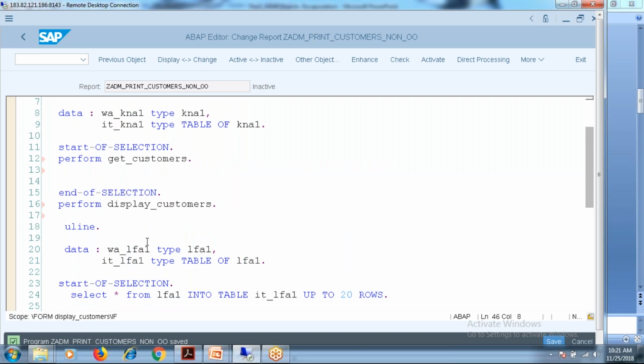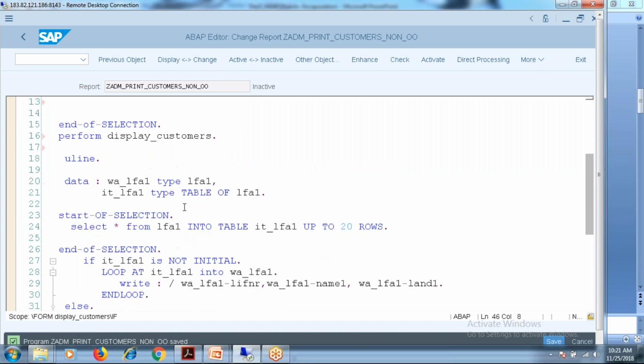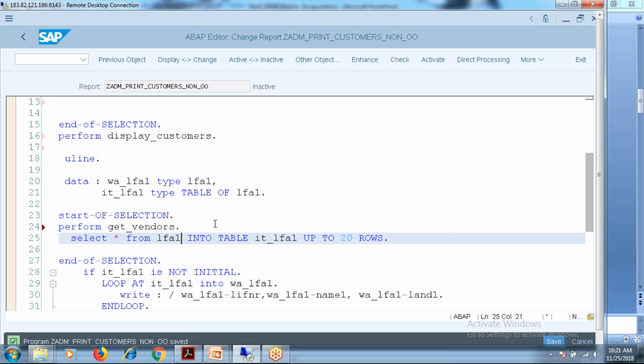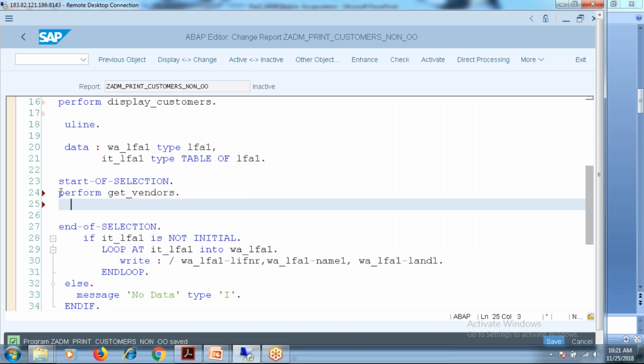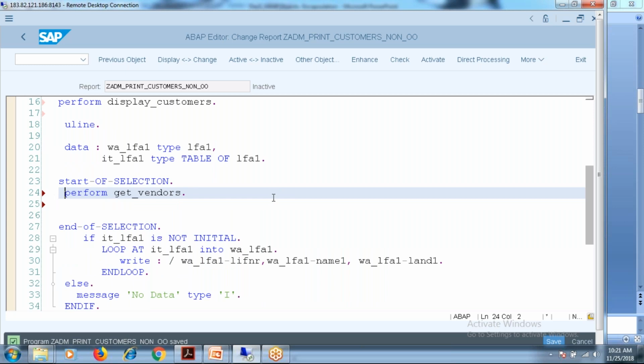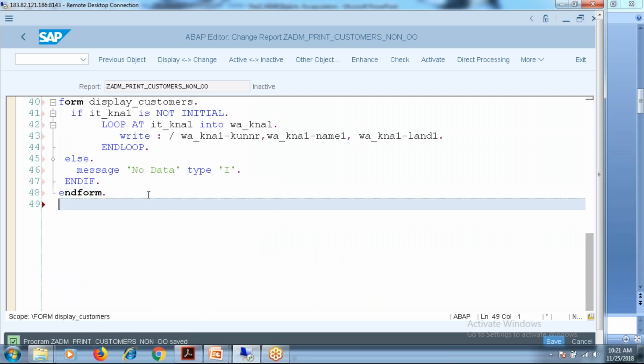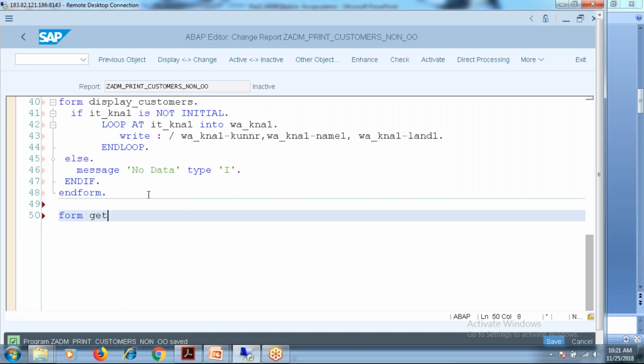Similarly, these things. Yes, this is the perform get vendors. Perform get vendors. Definitely, if you write this way of programming, we don't need to really depend on the object oriented at some level, because most of this is what we actually call encapsulation. And yes, your form get vendors